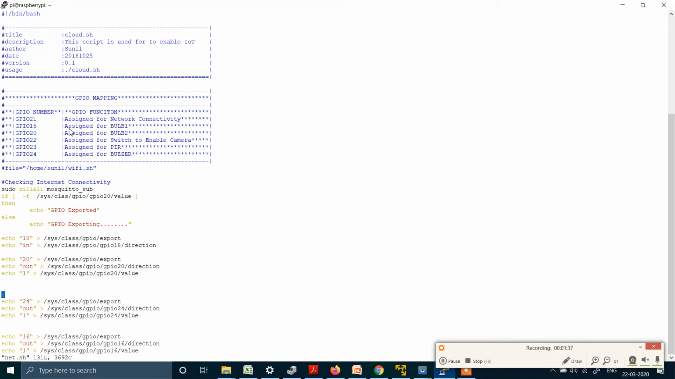So this is the GPIO number which I have used for different peripherals. For example, GPIO 21 where I connected one LED, GPIO 16 where I connected the relay output, 20 relay output, 22 for the camera, 23 for the PIR sensor, 24 for the buzzer. So you can understand this shell script here. I am exporting all the GPIOs and setting the direction,